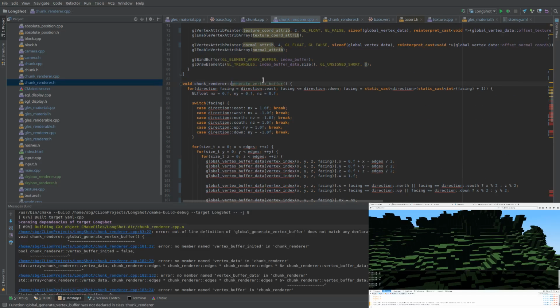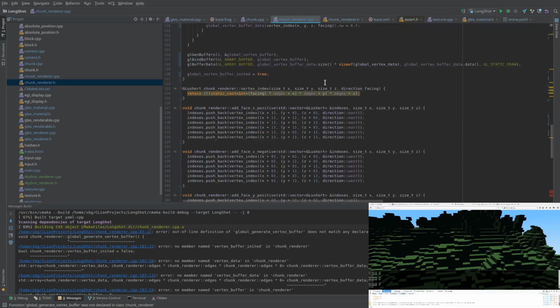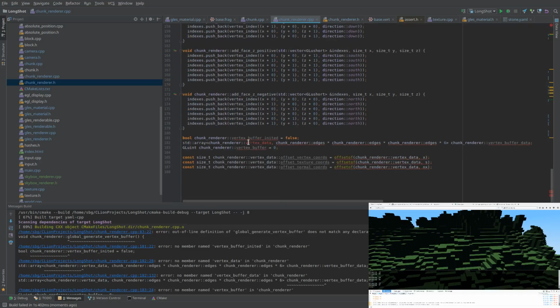Generate global vertex buffer like that, and all of a sudden all those arrows disappear. And this is global vertex data, global vertex buffer. We also have a couple of these things where we have global vertex data, as in the type,